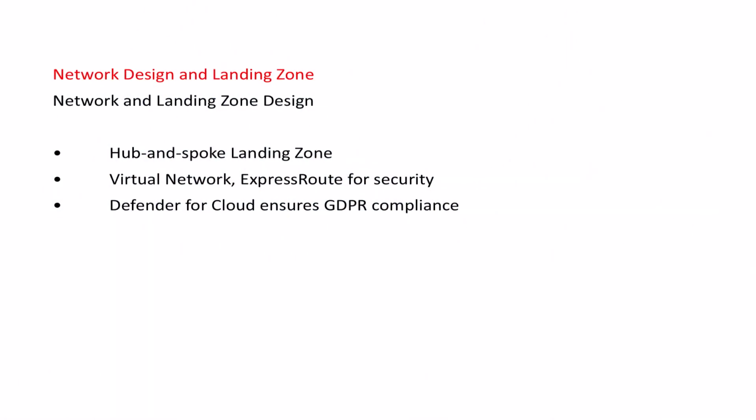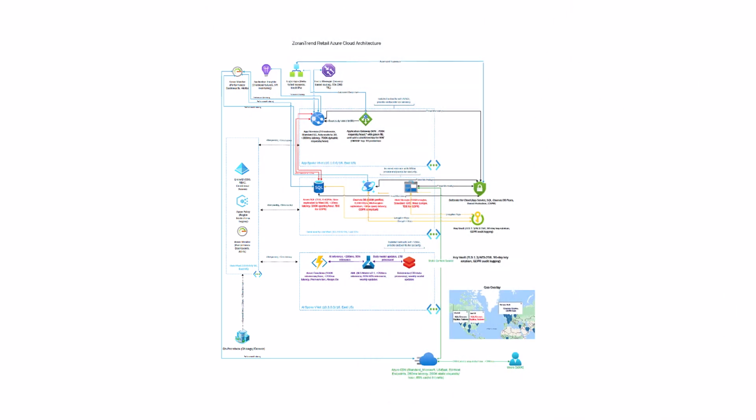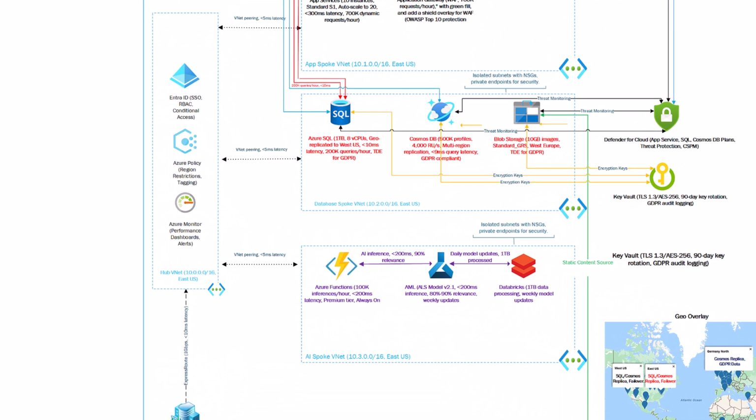Now Part 4, Network Design Document and Landing Zone. The Network Design Document ensures secure connectivity across the architecture. We established an Azure Landing Zone using a hub-and-spoke model, with the hub's virtual network